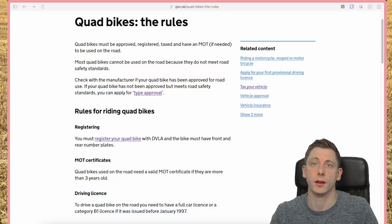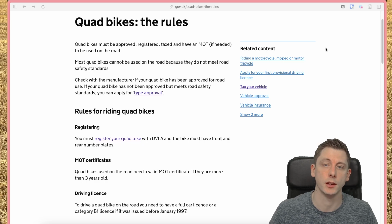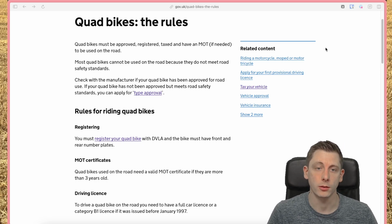So in this episode, we're going to be talking about quad bikes and what makes them road legal. Obviously, they're often associated with off-roading, but there are perfectly legitimate reasons why you'd want to use them on the road. And I wanted to talk about what requirements your quad bike needs to meet in order to allow it to go on the road. So let's jump in. First off, I'm going to share the DVLA site from gov.uk around the rules for